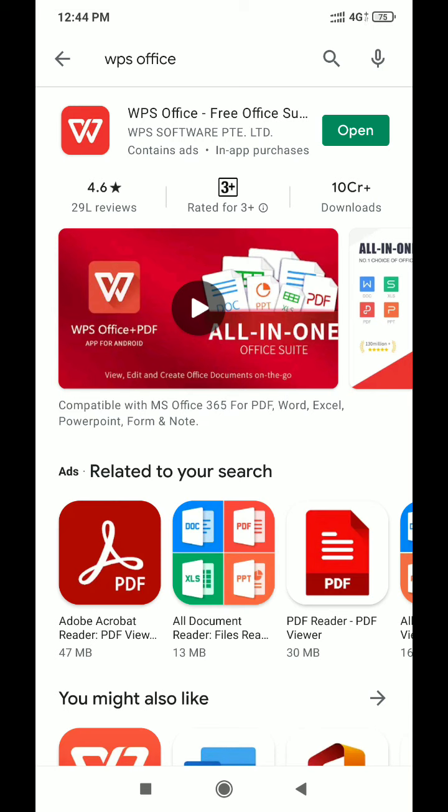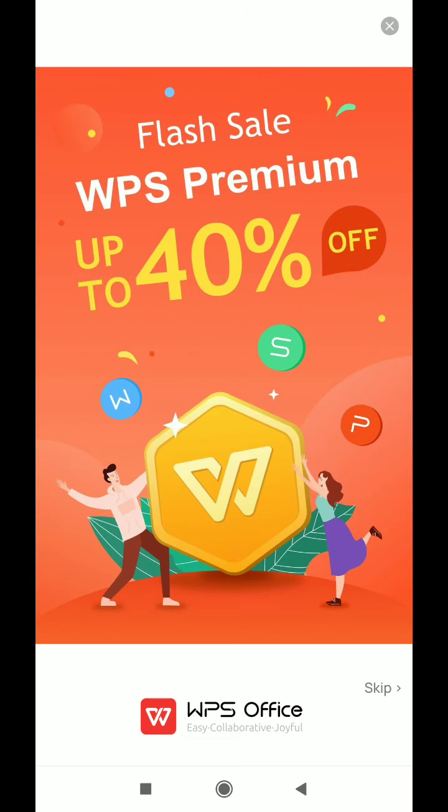I am already using it, so its option is open. Otherwise the option will be install, so you can install it in your mobile. So I'm going to open it. When it opens you can create a PDF, Excel, Word, everything is there. First let me close this ad. You can close it,